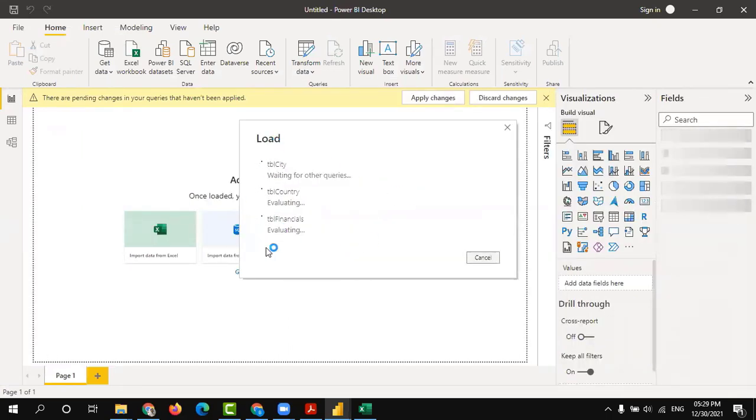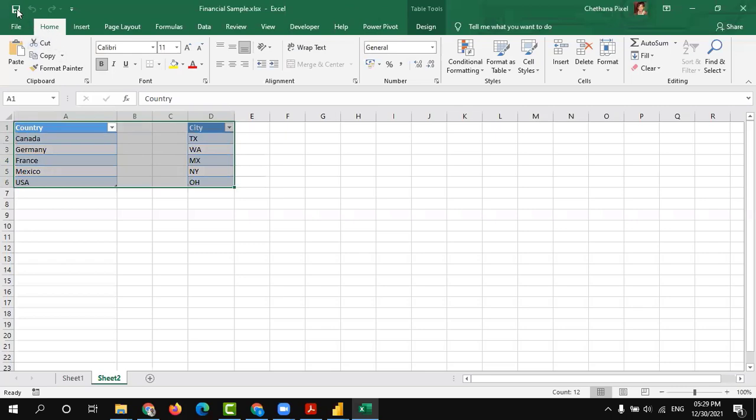All three tables are getting loaded here. One thing is pending: we need to add the month name. I'm going to close this workbook as well.